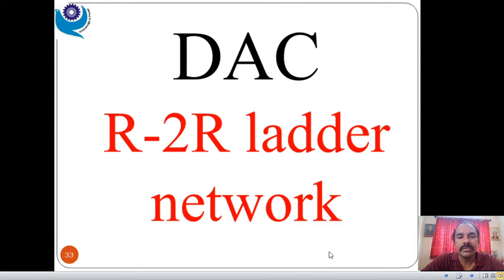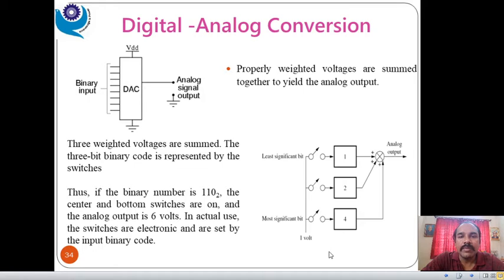Patel Institute of Technology. Today we are going to discuss DAC, that is the R2R ladder network. In communication, we need to transmit n number of data, or you can say signal, from transmitter to receiver. For that purpose, we need to convert that analog signal, or information signal, or data signal, into a digital pattern, isn't it? And at the time of receiving, whatever digital pattern or digital data we get, we need to reconstruct the original signal, that is the analog signal, or you can say information signal.